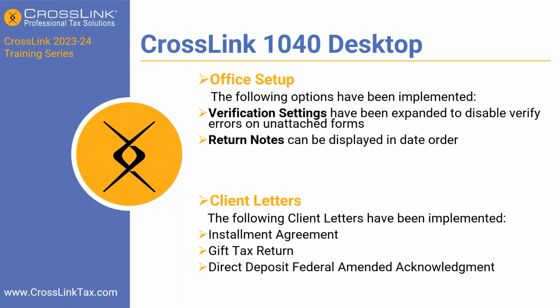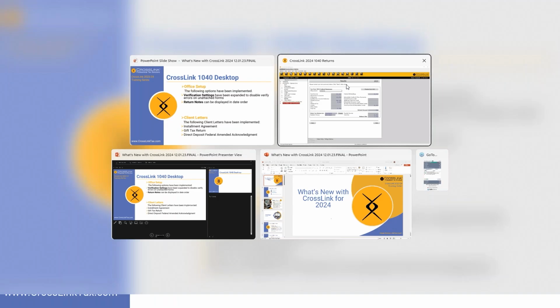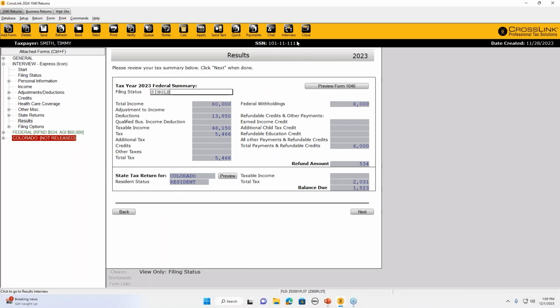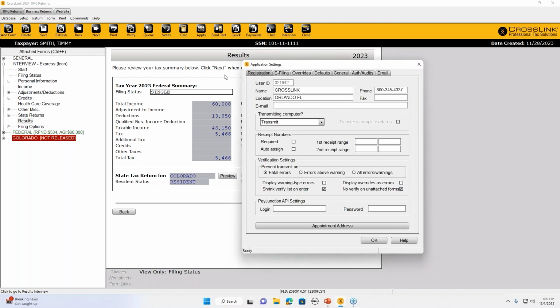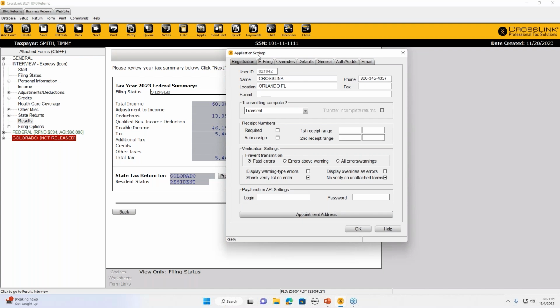So if a return has a gift tax return, then that client letter will automatically appear for that federal return. So once more, let's go ahead and toggle into our software, and I'll show you those settings that we have for this season. To always access your office settings, that's always going to be within the Setup menu at the top of your toolbar. So we're going to go to Setup, Office Setup,